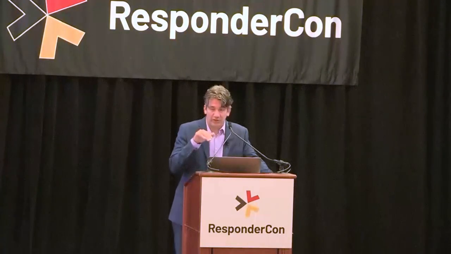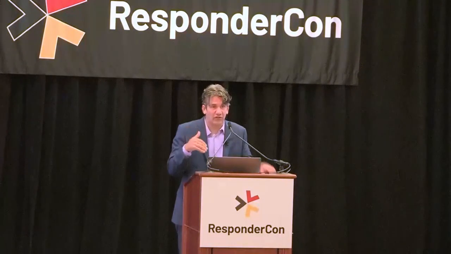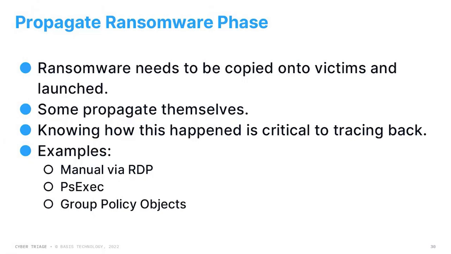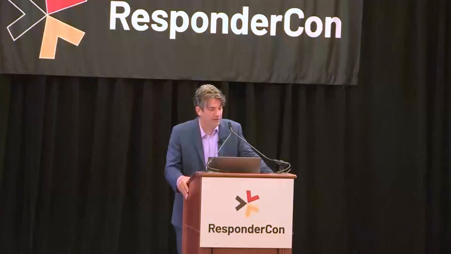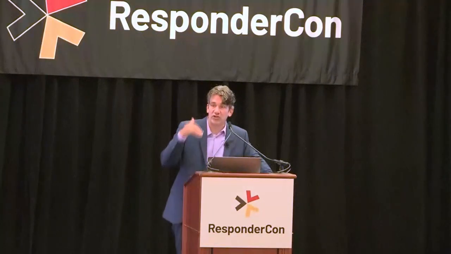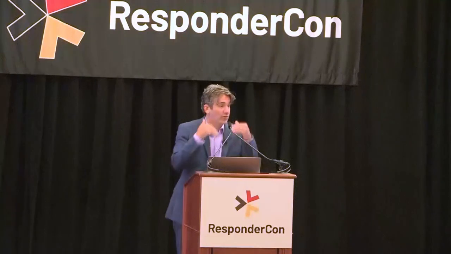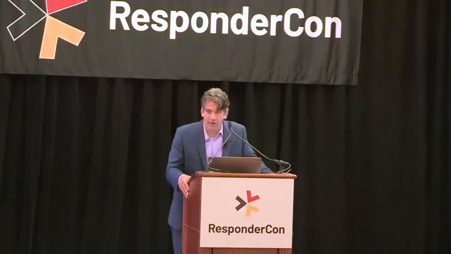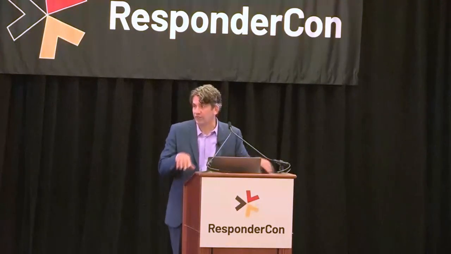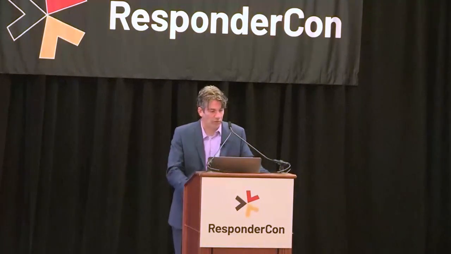And knowing how this happened is critical, right? A lot of these investigations can occur by tracing backwards to figure out where that beachhead system was and working backwards from lateral movement. So knowing how the propagation happened is important because it helps you to get back to, say, that it went to the domain controller and you can then find from there how folks got in. Or maybe it was mounted by the C$ share and no one actually logged into that system. So knowing this is pretty important to figure out how to scope the overall